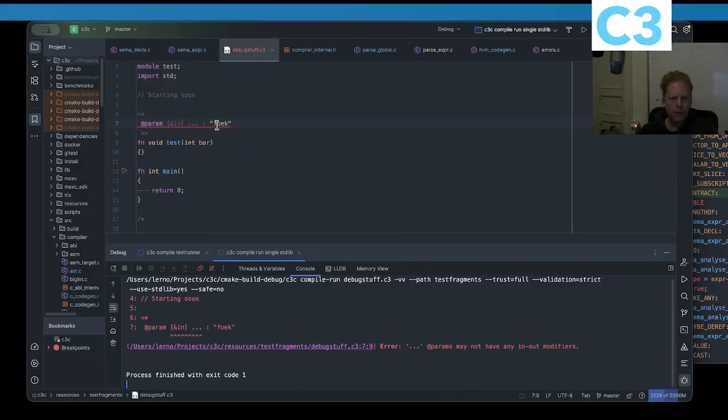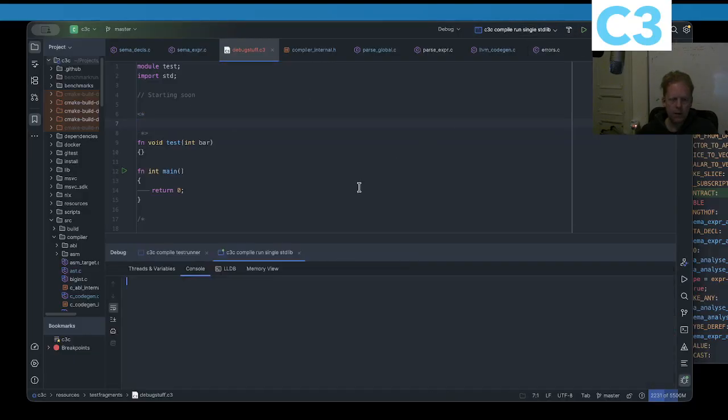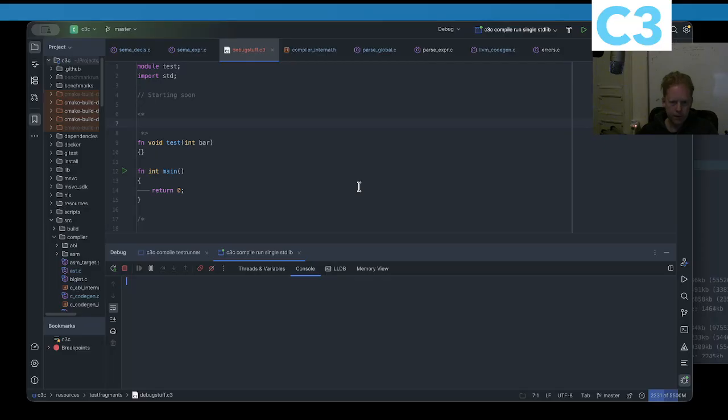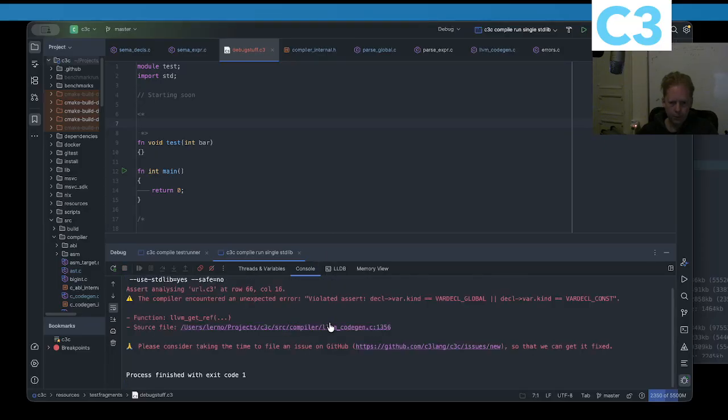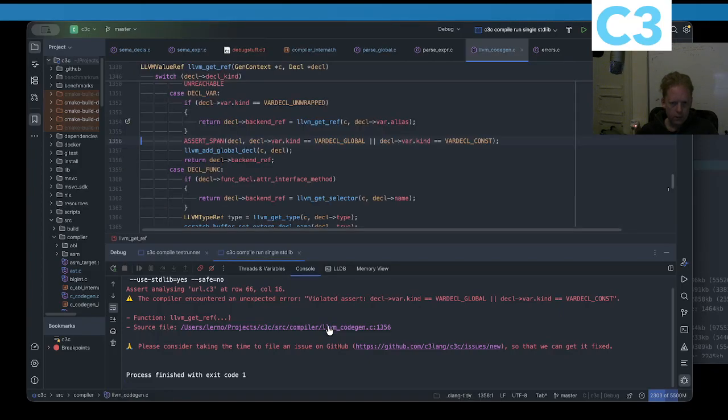Oh wait, maybe I had these and maybe there was a bug there, but I didn't see it because I didn't compile. Most likely. Yeah. Violated assert, right? So what did we have here? So instead,